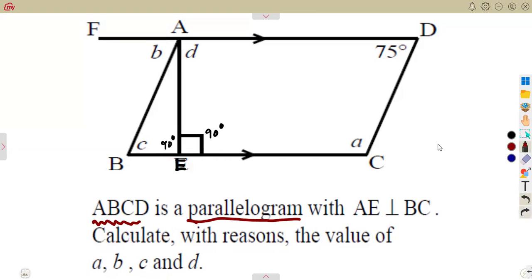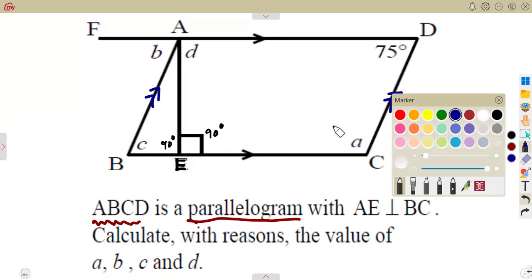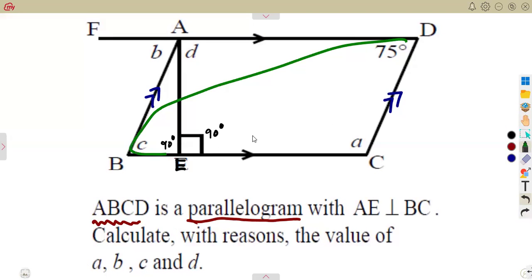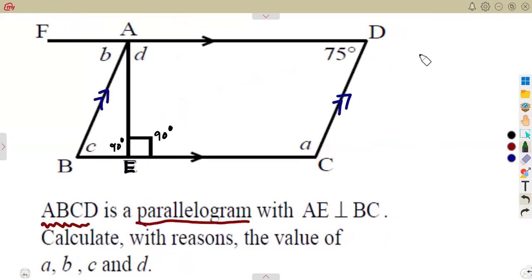All right, remember the properties of a parallelogram. Opposite sides are parallel and also equal. But in this case, we want to consider the issue of the parallel lines. So these opposite sides, AB and DC, are parallel and equal. And we must also consider that in any parallelogram, you must understand this: